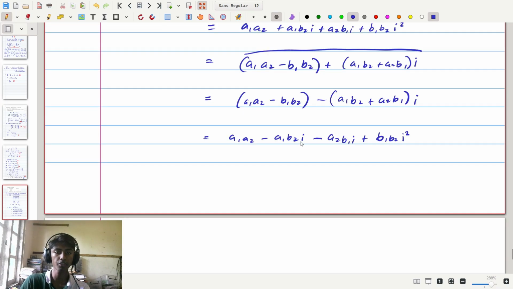Now with this, what we can see is that if you factorize out the a1 here and you similarly factorize out minus b1 i here, you can see we will get a1 times a2 minus b2 i,